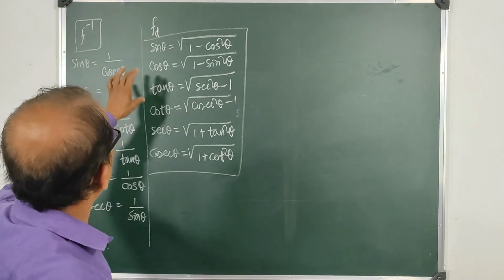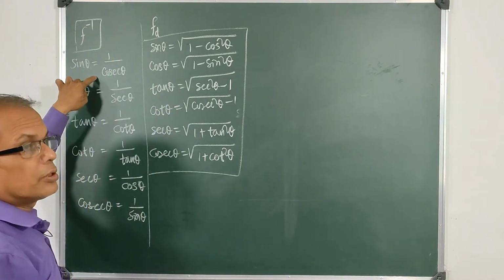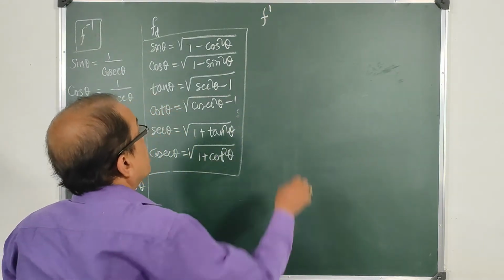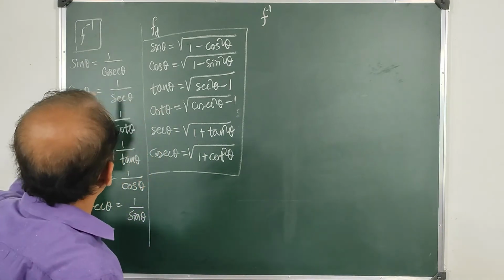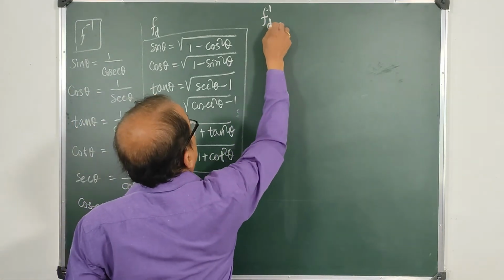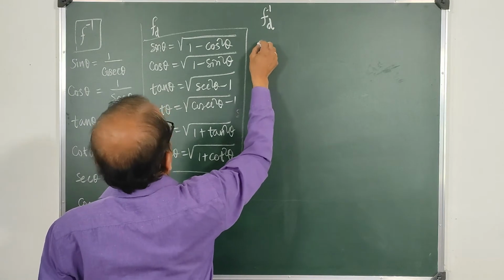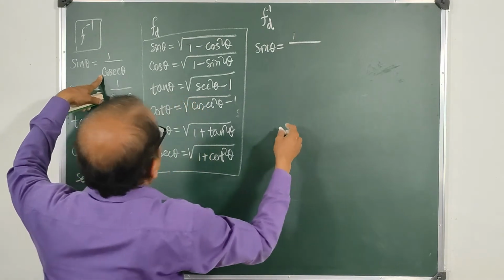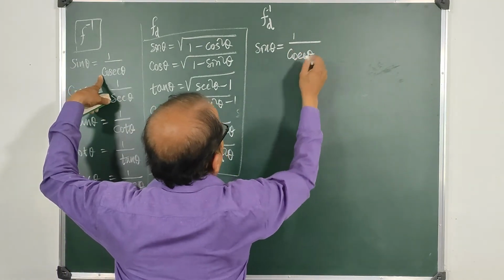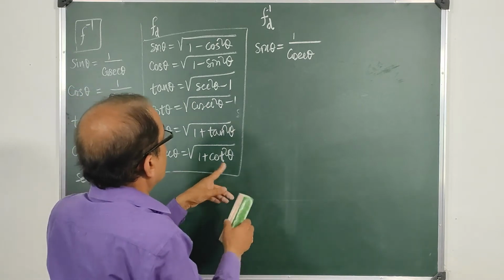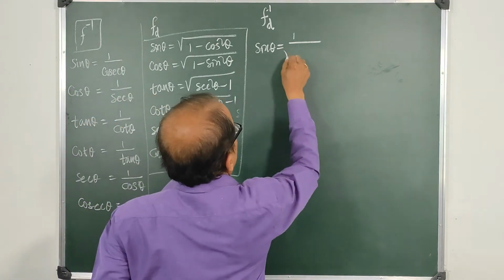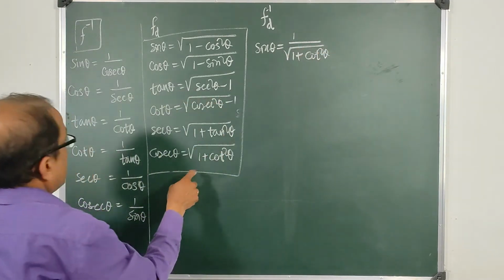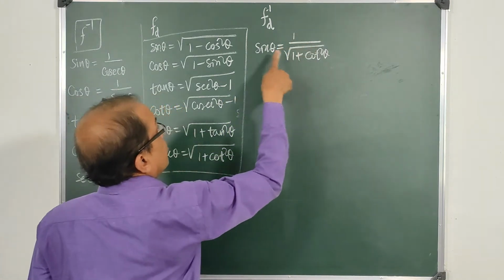So what if we employ these values here? We will get another set of derived formulae. We had our reciprocal formulae F inverse, and now we are using them for the derivation of some more. So let us call it F inverse D. So they will be like sin theta, which was earlier 1 upon cosec theta. Instead of cosec theta we can use root over 1 plus cot square theta. Root over 1 plus cot square theta is cosec theta, so 1 upon cosec theta will be sin theta.